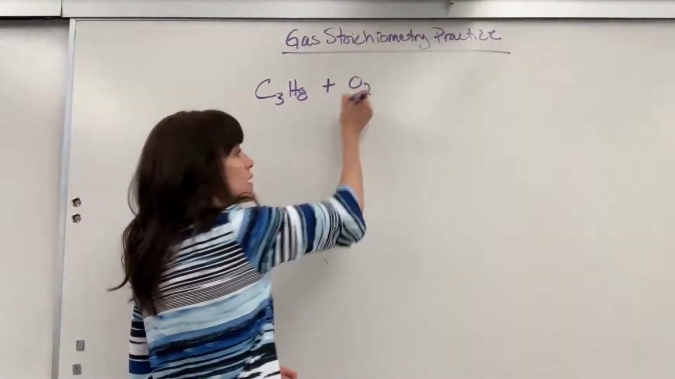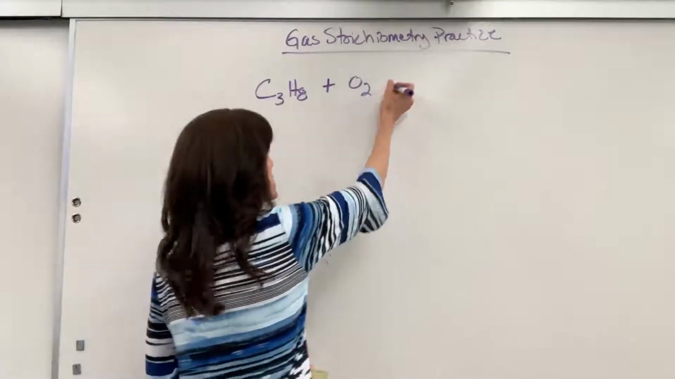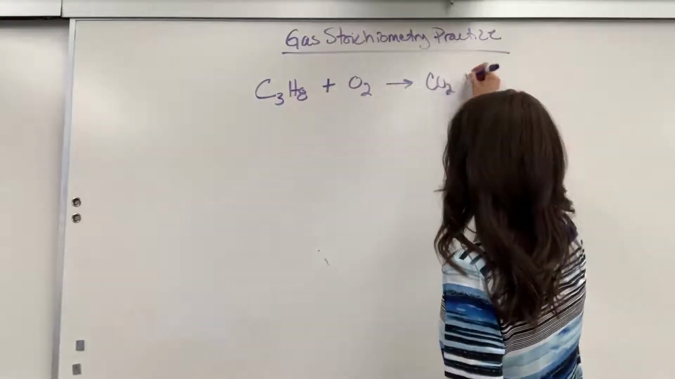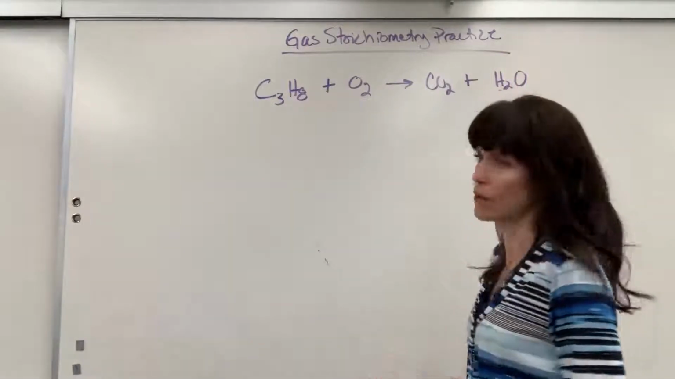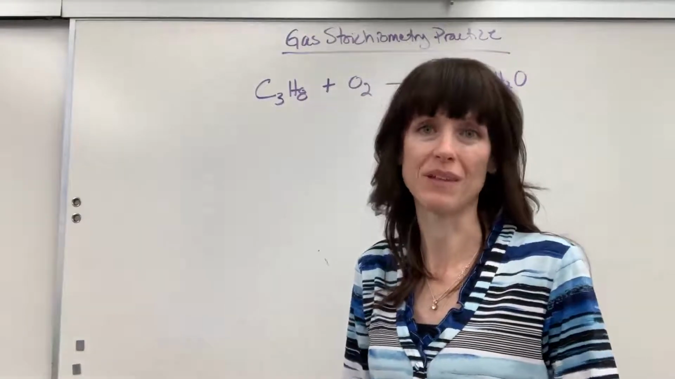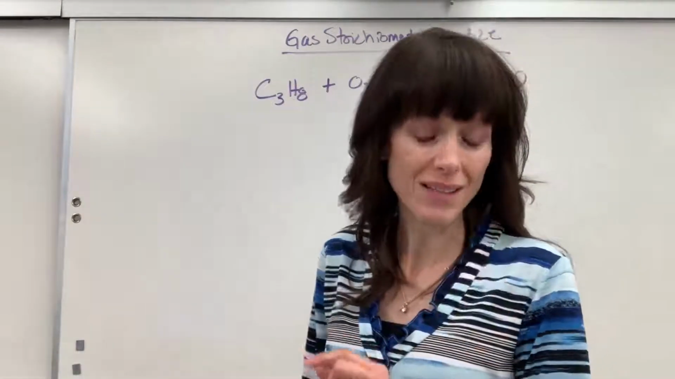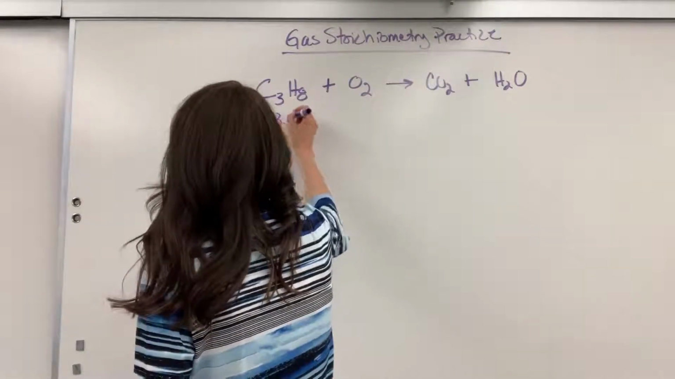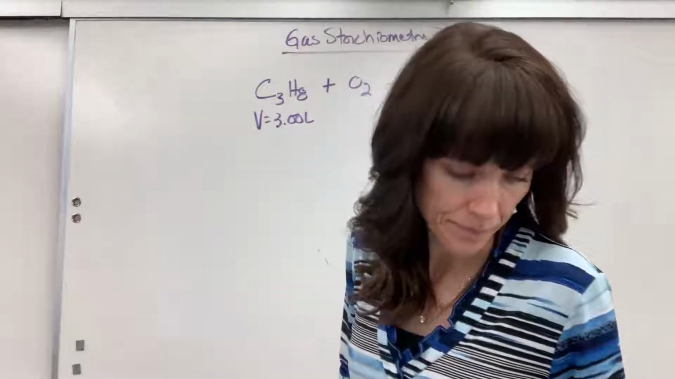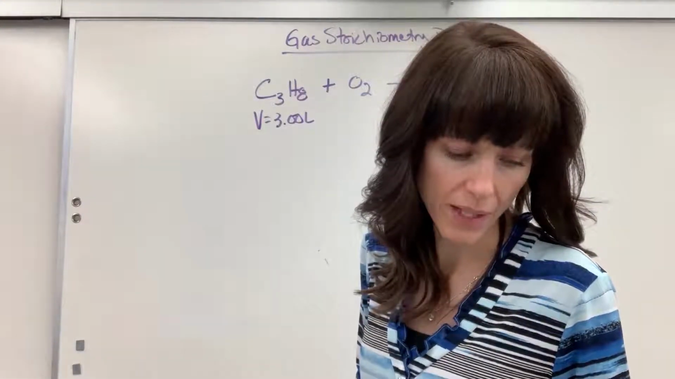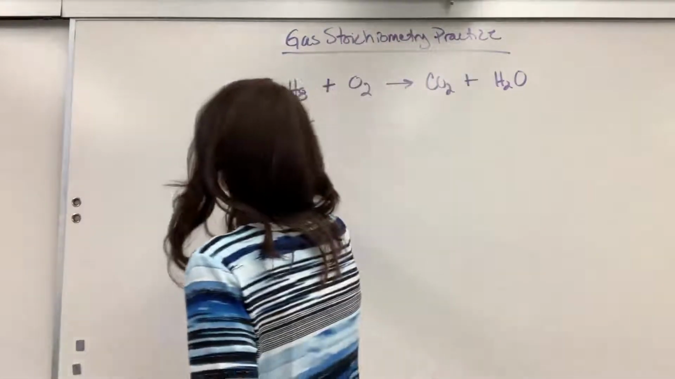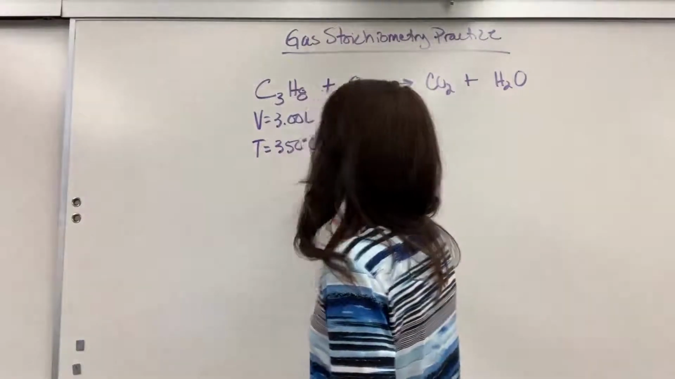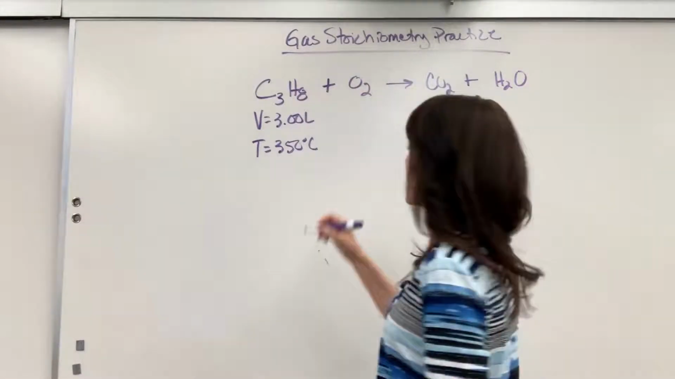Combustion means we burn it in oxygen. And when you have a hydrocarbon combusted in oxygen, it always produces CO2 and H2O. And the problem told us that these are all going to be gases. I'm going to write as I read the information. It said 3 liters of propane, so volume is 3 liters. It is combusted to form water and carbon dioxide at 350 degrees C. Temperature,